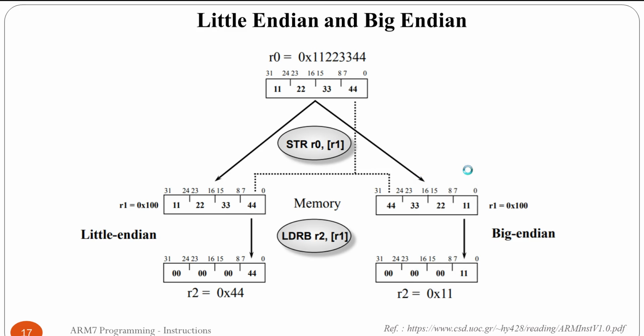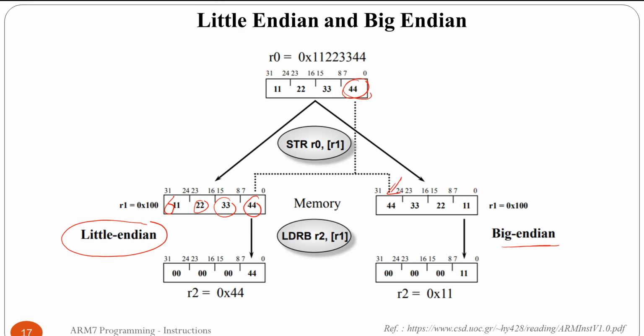Now again the same concept, so that you will get a clear understanding. We have this 11, 22, 33 and 44 data. If we use Little Endian, then this data will be placed like this. At location 0 you will get the least significant byte, which is nothing but 44, and then in the upward direction you will get the consecutive memory locations. If we use Big Endian, then this least significant byte will be placed into the higher address.